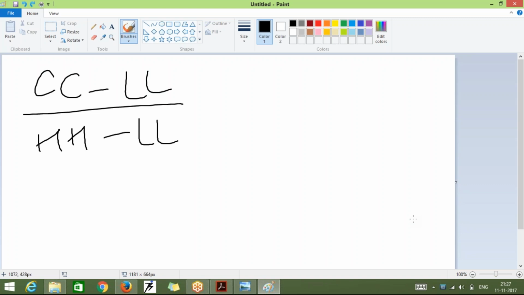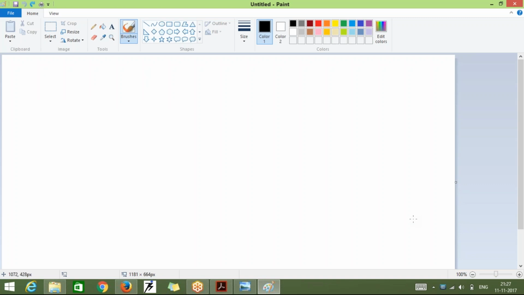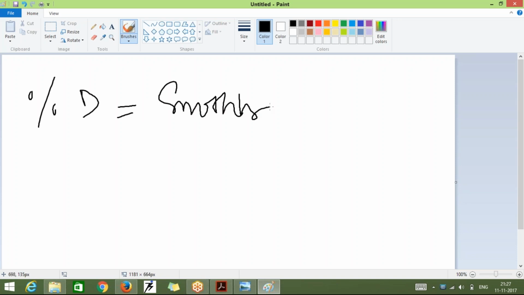Now, as said, there are two things: one is percentage K and the other one is percentage D. The role of percentage D is a smoothing factor. It smoothes. When you come to slow stochastics, you will know this more. But now let's see how percentage D is calculated. Percentage D is the 3-day SMA